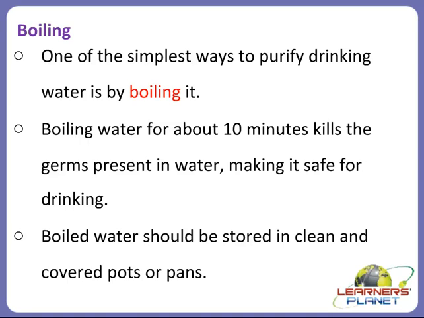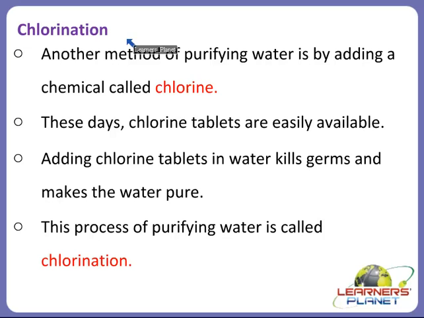In the same way, there is another process with which we can get purified water for drinking, and that is chlorination. This is another method of purifying water, by adding a chemical called chlorine, right? We can add chlorine in liquid form, and these days chlorine tablets are easily available. So we can add chlorine tablets to water, which will kill the germs and make the water